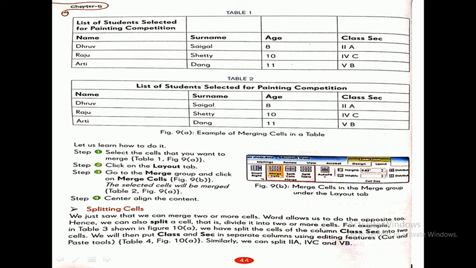Table 2, figure number 9a. The list of students selected for the painting competition, with the merge option applied. Okay, now